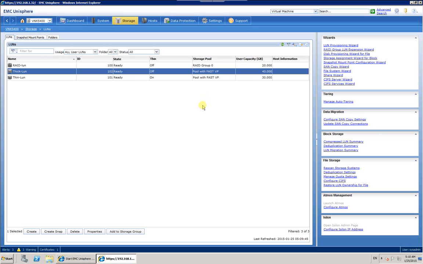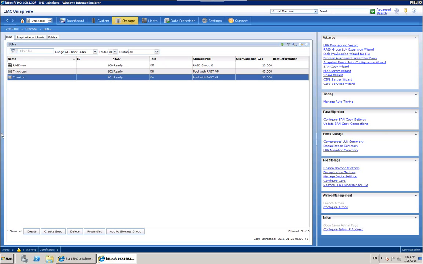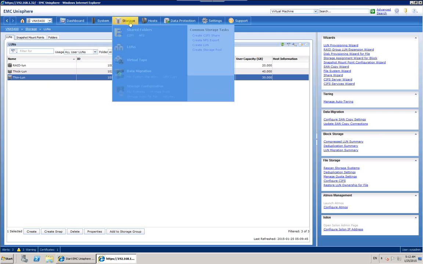Okay, so let's quickly go with the difference between thick LUN and thin LUN. The basic difference for the thick LUN is that the LUN will consume all the capacity that it requires, so in this case 40 gigabytes, and the thin LUN will only consume the capacity that is actually used right now. So if it's just brand new, it's almost empty. You can actually see it when you go for the